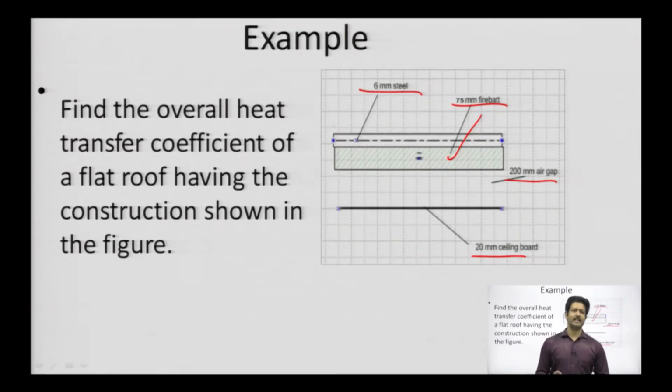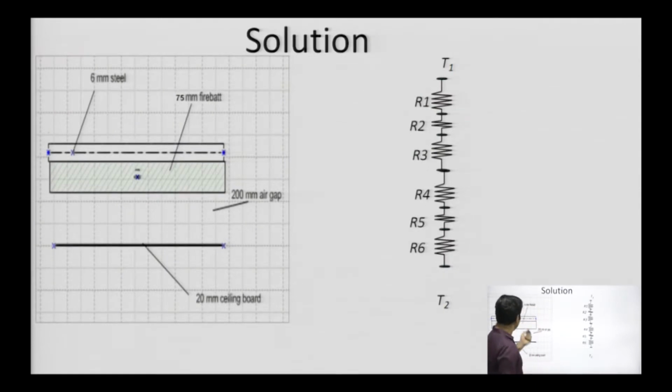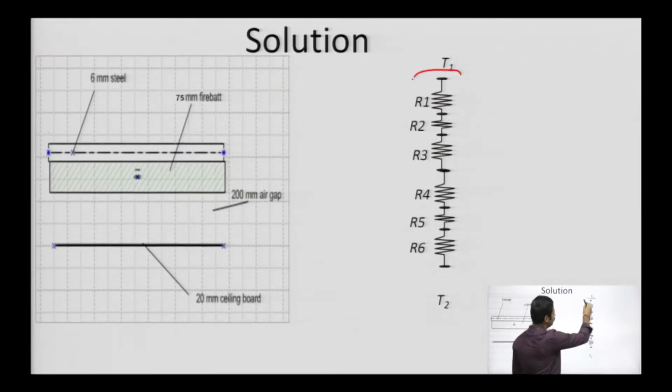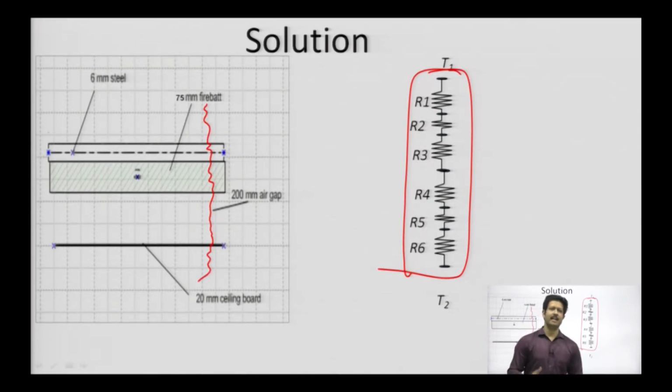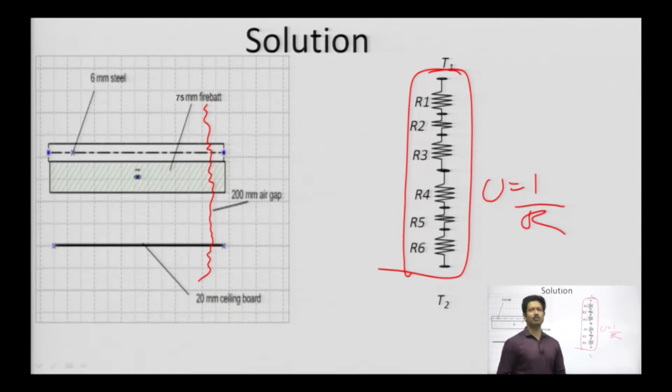I will be taking an example, but first of all let me go through the very basics once again, because if the basics are not clear, then definitely you won't land up much ahead. So let's find out the basics and then we will go forward. I have already told you we have to take all the resistances in series, because everything is in series: this, then this, then this, and the outside air. We have discussed how to calculate the overall heat transfer coefficient, where U equals 1 by R.